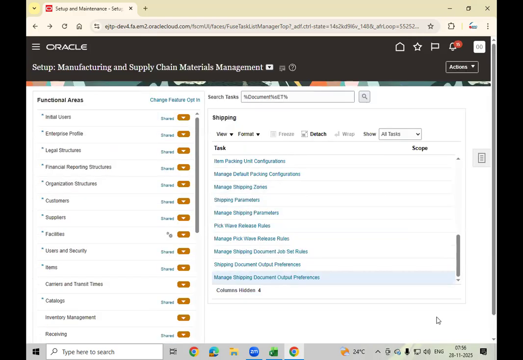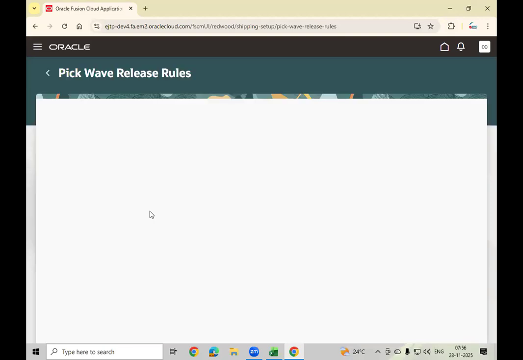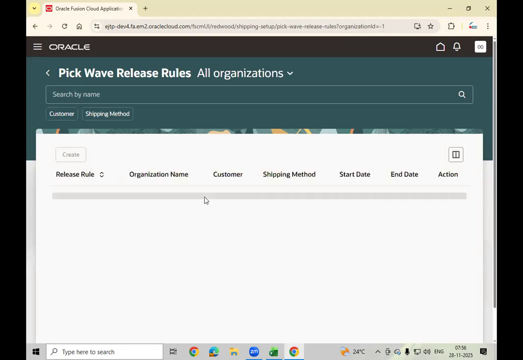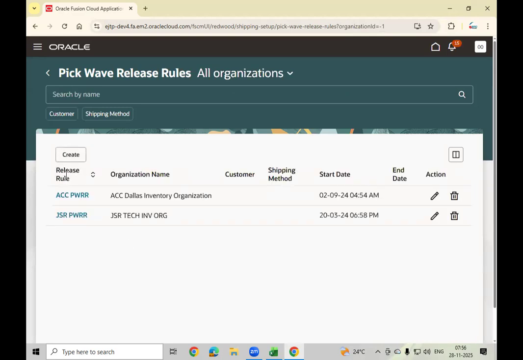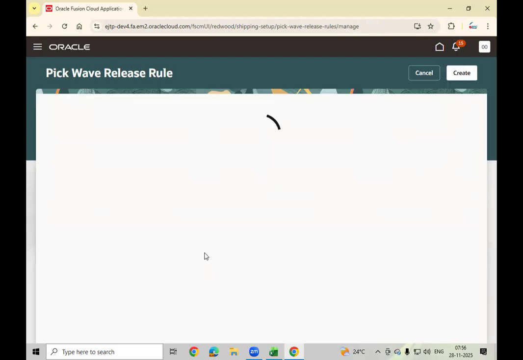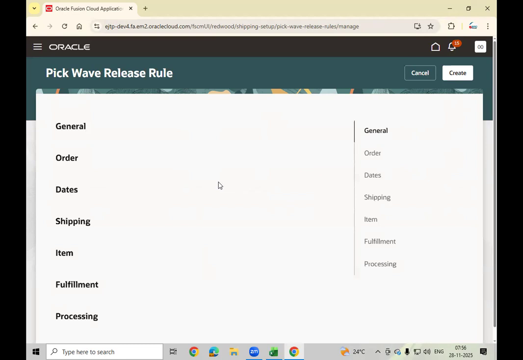Okay. Likewise, yeah, so this pick wave release rule for automatic picking and shipping, this one. For manual picking, this is not required. You no need to define. For automatic release, we will define this rule. So create. So this multiple release rules we can define